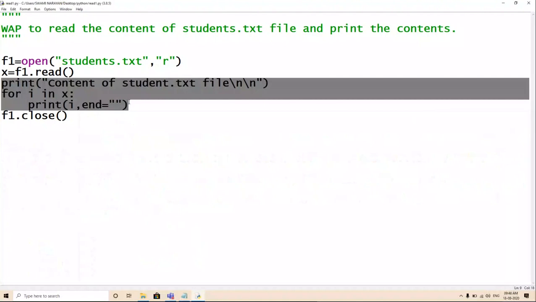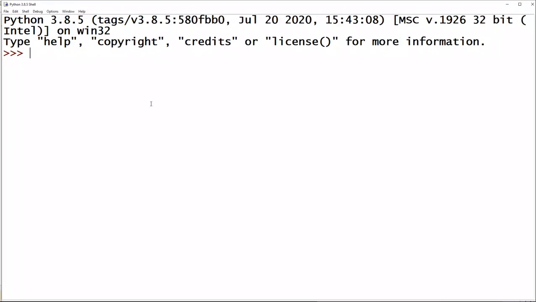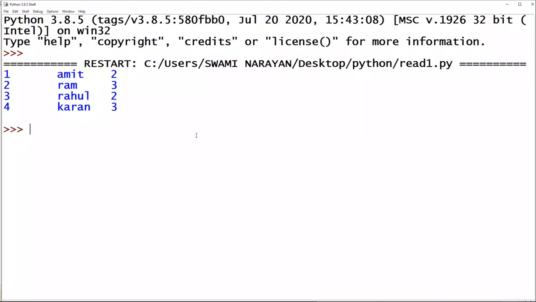Let us just remove it and simply print x. Let's see the output. See here: 1, then 2, then 3, Rahul, then 4, Karan, and then an extra backslash n is put here.